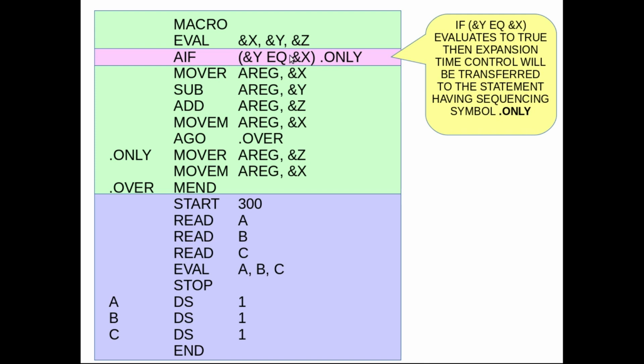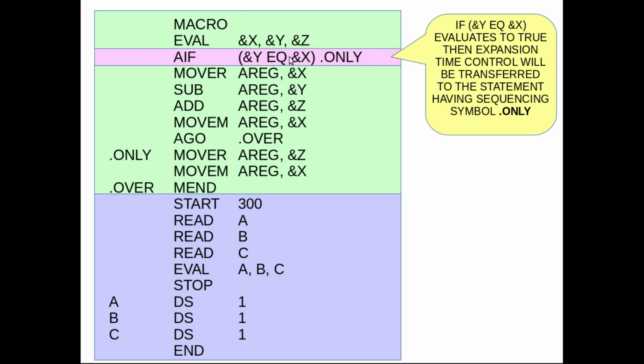And now what's the meaning of this AIF statement? The meaning is that when y equal to x, if this relational expression evaluates to true, then expansion time control will be transferred to the statement having the sequencing symbol .only. So the control will be transferred to this statement which has the sequencing symbol in the label field.